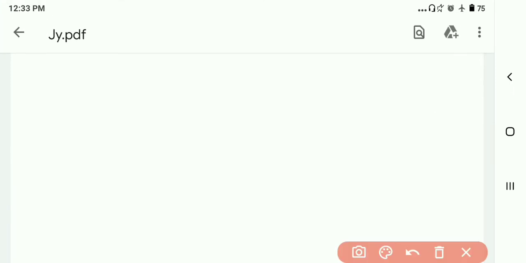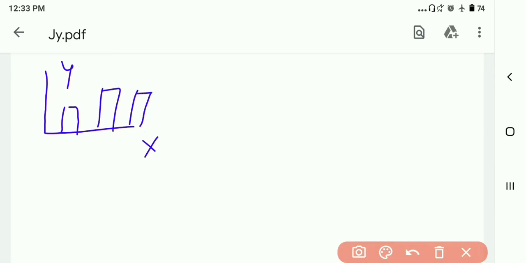First you have to make a vertical line, then a horizontal line. That vertical line is called the y-axis and this is the x-axis. When we are making single bars with equal spacing, this type of graph is called a bar graph. And suppose again you make a vertical line, then a horizontal line,